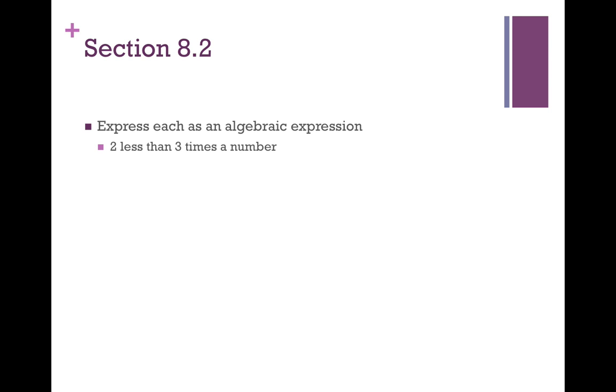2 less than 3 times a number. 2 less is going to be subtraction. You have to be careful with subtraction because usually the order is opposite from how it's written. So we're actually going to subtract 2 at the end. 3 times means multiplication. So I'm going to get 3n minus 2. All the other operations usually are very straightforward and go in the order they're written, except for subtraction. If it's at the beginning, it's going to be at the end of my expression almost